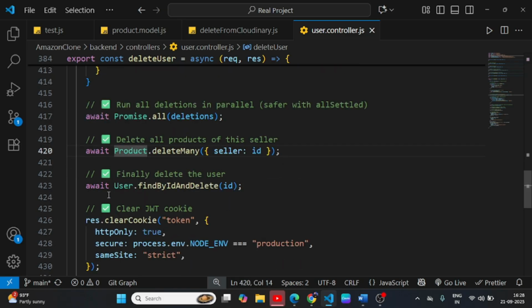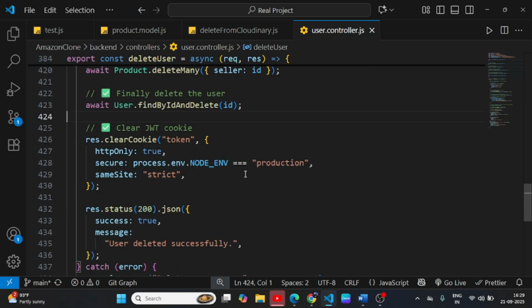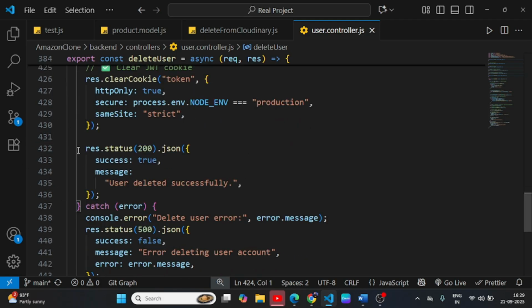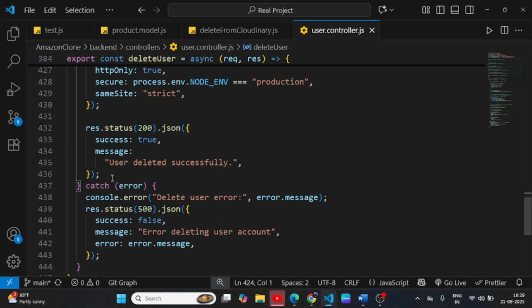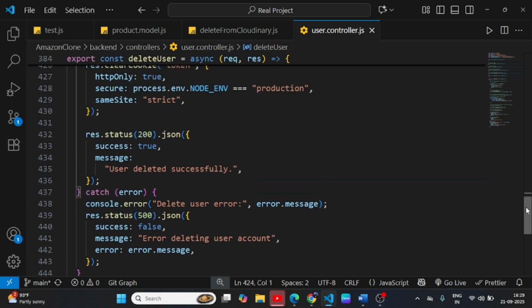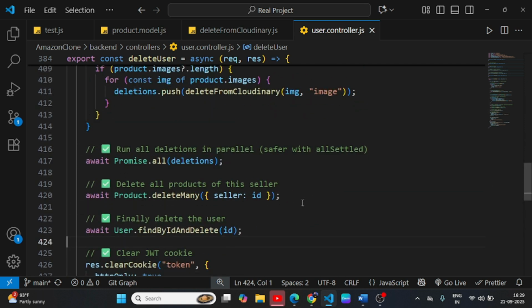So findByIdAndDelete. This is the ID, right? And then we have to clear the cookie. So yeah, we write this code and then we send the status code. User deleted successfully, right? So yeah, it's not very easy to understand, but if you understand, then you can solve